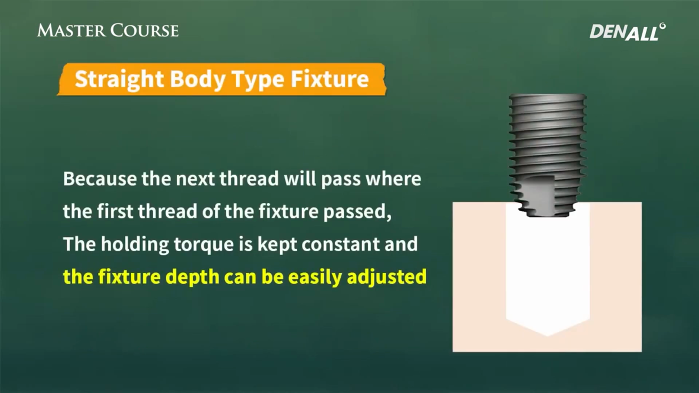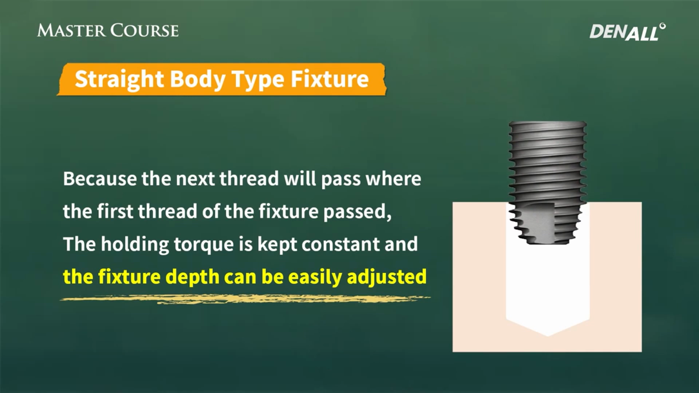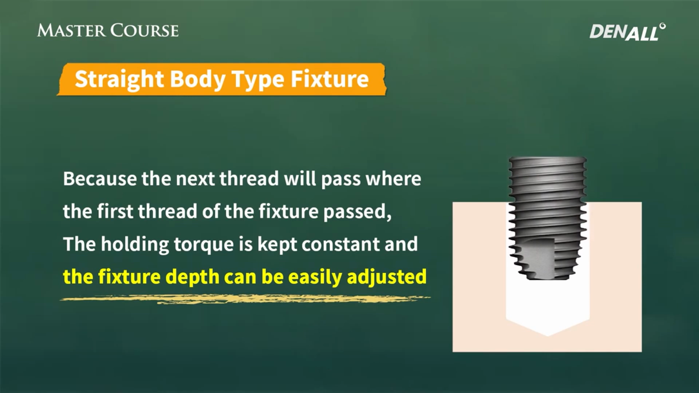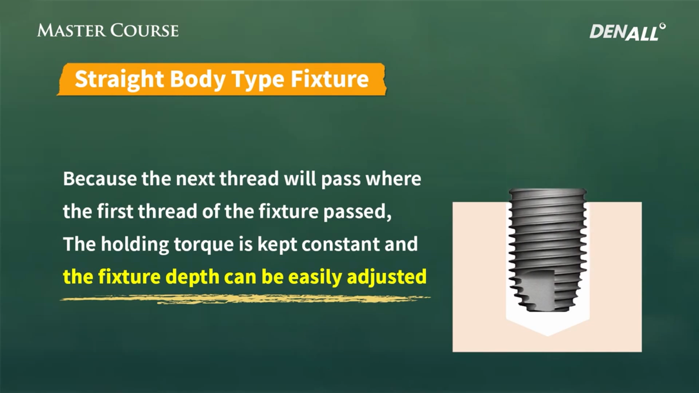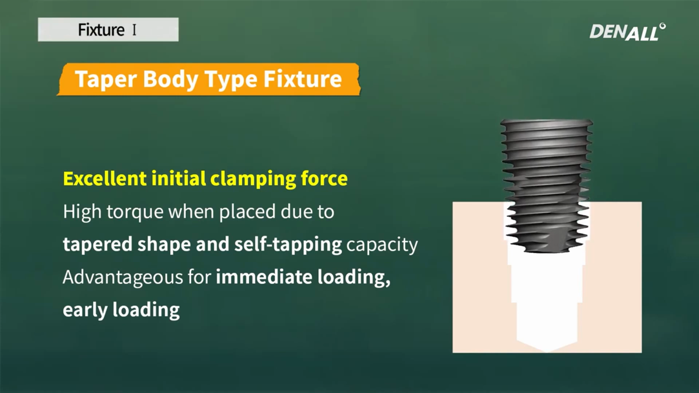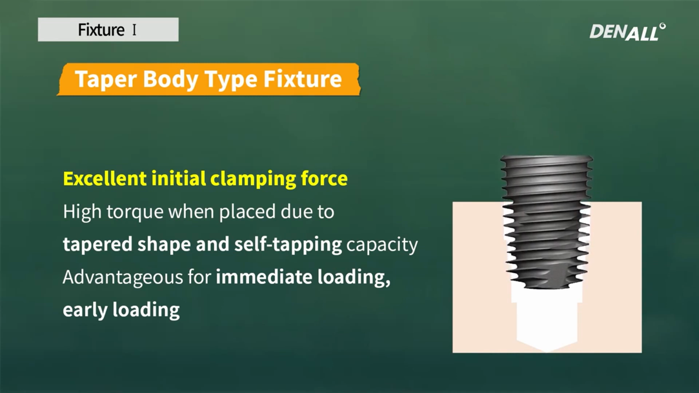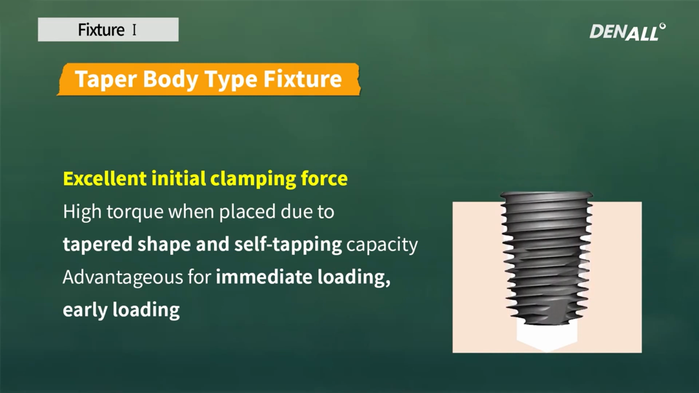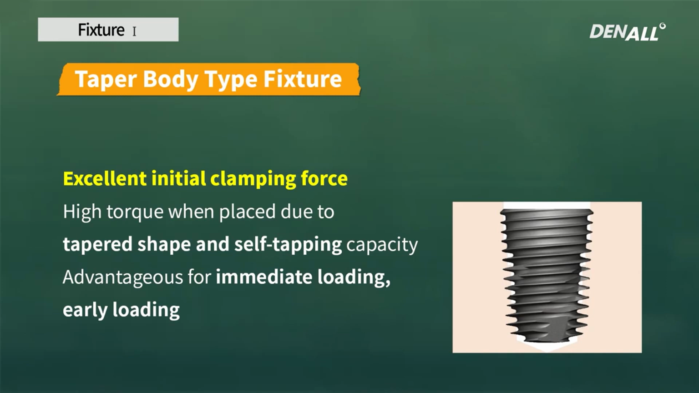The straight fixture, as you can see here, the first thread is passing and the other threads are following that thread. Therefore, the torque is maintained consistent. With the taper body type fixture, when placing the implant, high torque is achieved due to the tapered shape and self-tapping capacity. It is advantageous for early loading